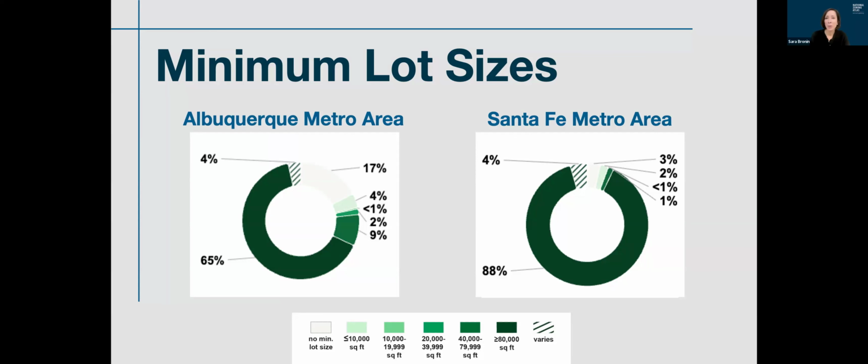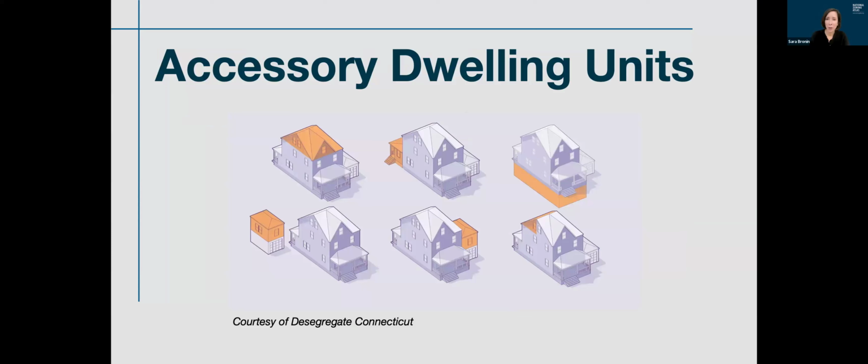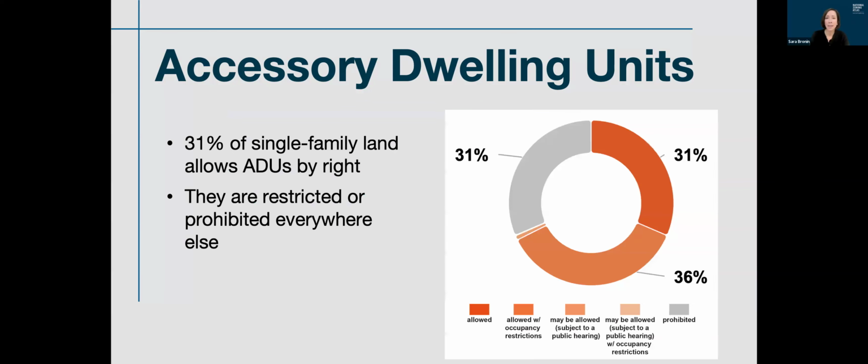So with that, we'll turn to a different topic, which is accessory dwelling units. These are the smaller units of housing that are built adjacent to or with single family housing, sometimes as well above shops or commercial developments. And what we found in New Mexico for accessory dwelling units, which is on the next slide, was a sort of a mixed bag approach,